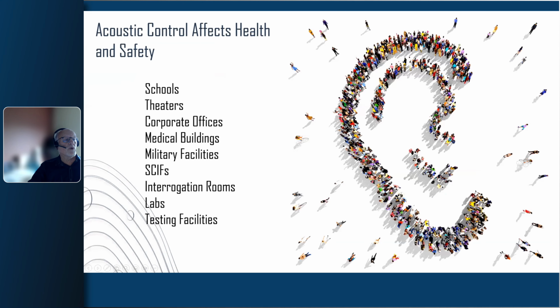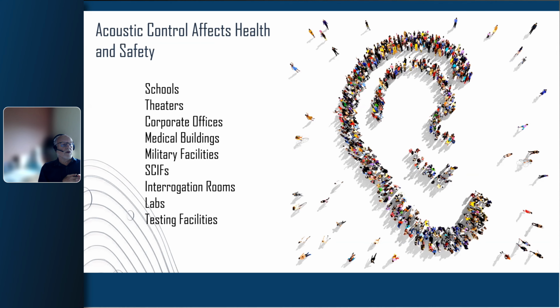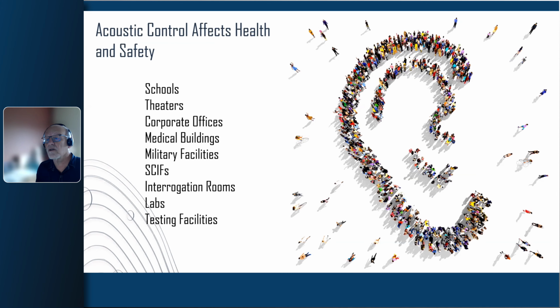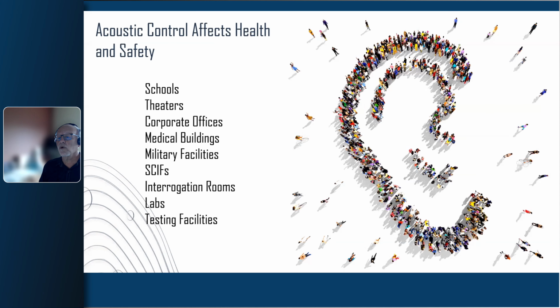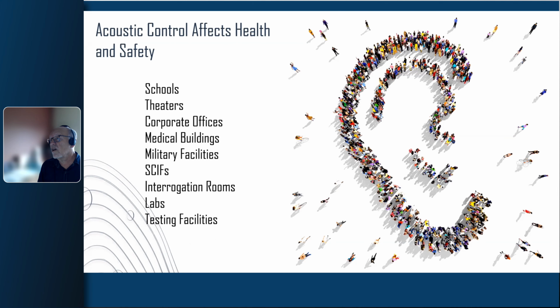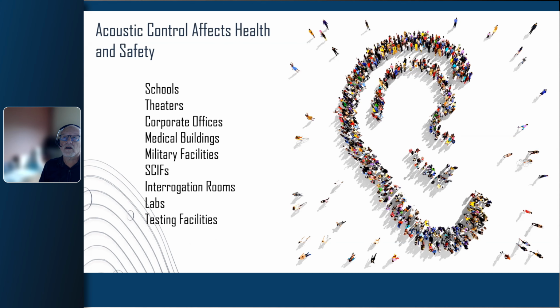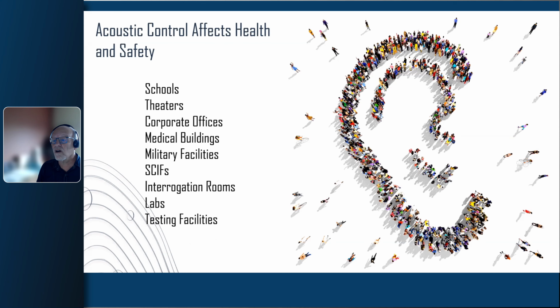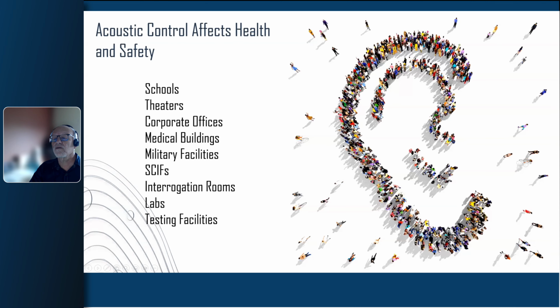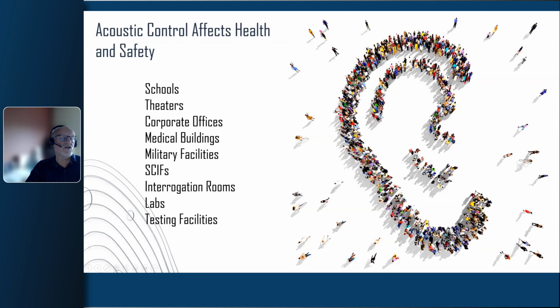So here is where you're going to be running into, and maybe running into, a whole wide variety of different environments. Easy ones are schools, the K to 12 environment. In younger grades, you've got children that are going to be distracted by outside noise. That's sort of the low-hanging fruit. You've got high schools where you've got audiovisual and performing arts requirements where you're going to want to consider sound